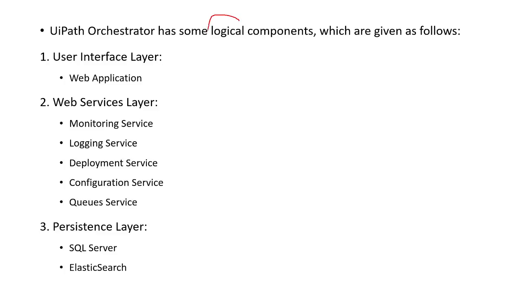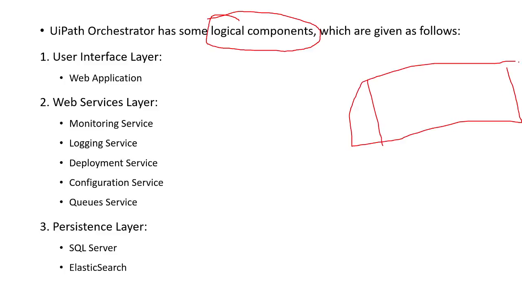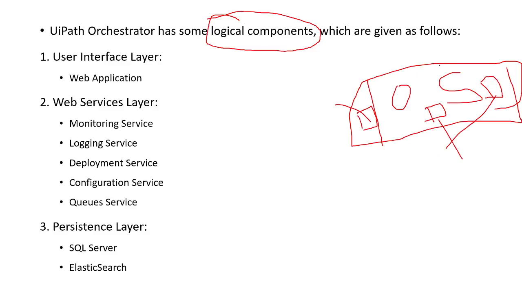We shall see some of the components present in the orchestrator server, and the responsibility of each. Let us assume this as the orchestrator server. Now we are learning what components will be there in the orchestrator server, and the roles or responsibilities of each and every component present in it. Clear? So at a high level, the author is telling that this orchestrator server will have three layers.